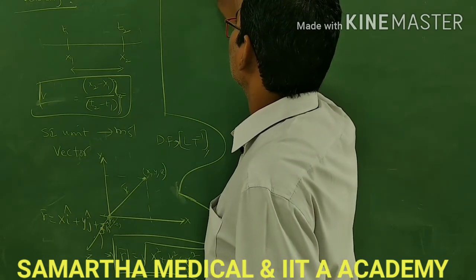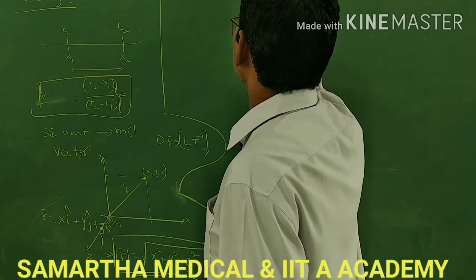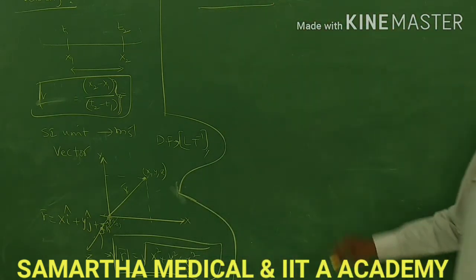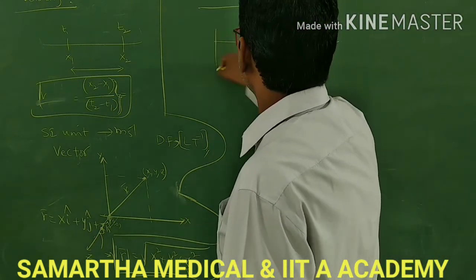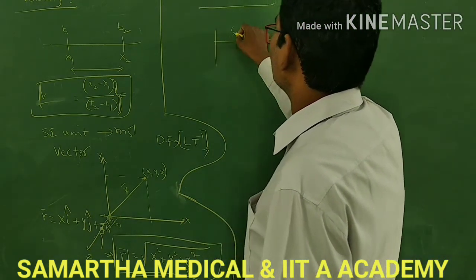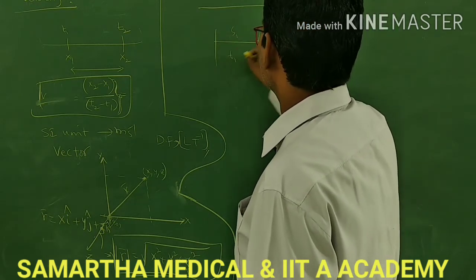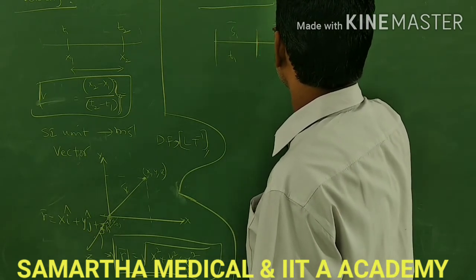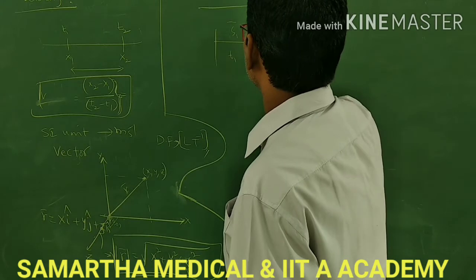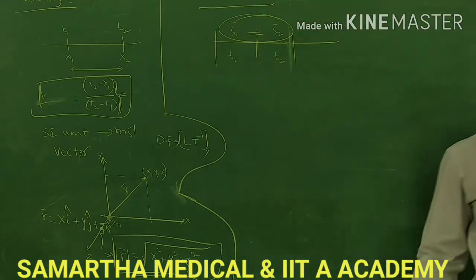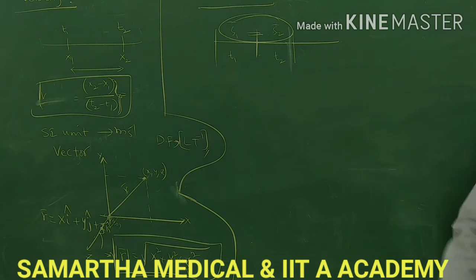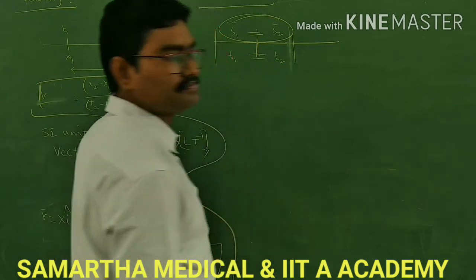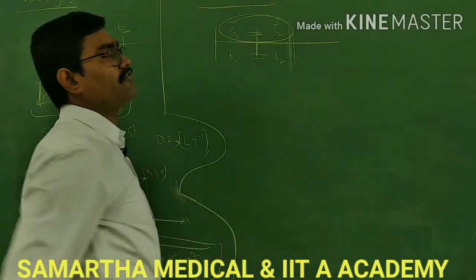After this, uniform velocity. What is uniform velocity? If a body covers equal displacements in equal intervals of time. See here, along a straight line, a body covers displacement S1 in time T1 and displacement S2 in time T2. S1 by T1 equals S2 by T2, so S1 equals S2, with the same direction and the same magnitude. Then the displacement is the same between these two points, and the time intervals are also the same. Then the body is said to be moving with uniform velocity.